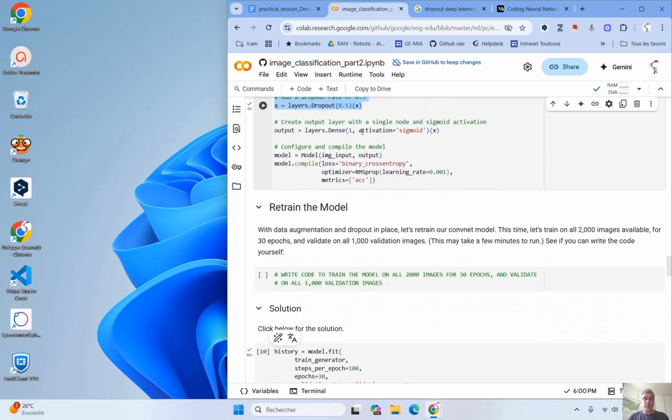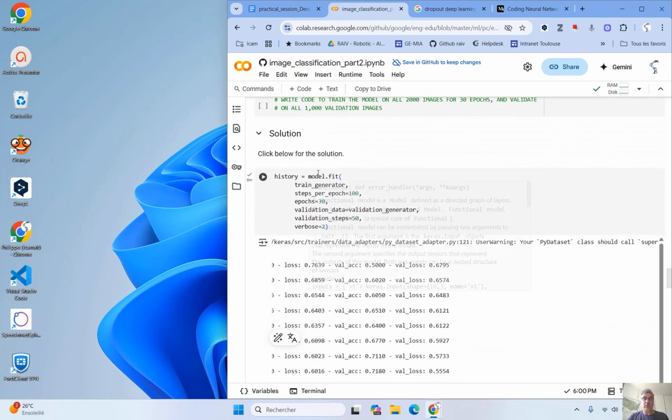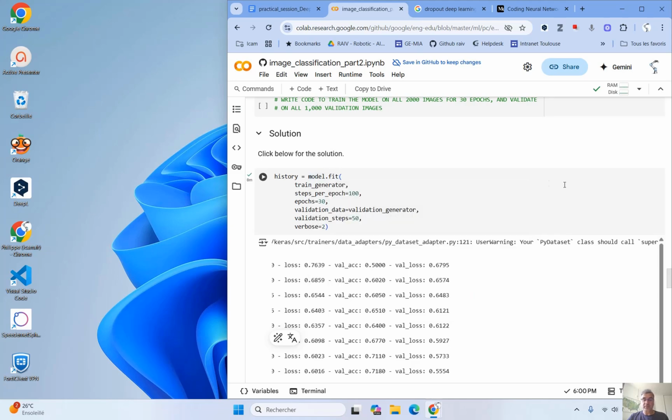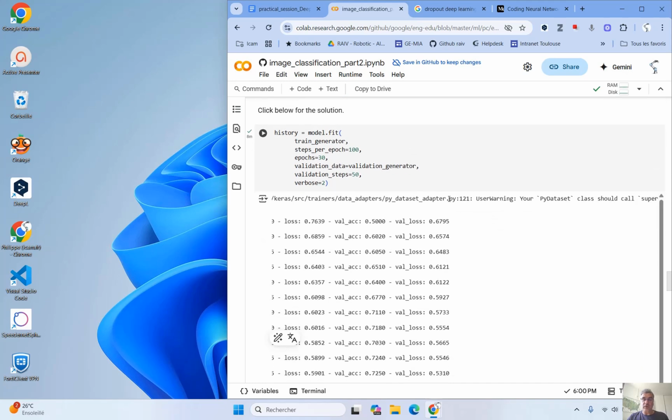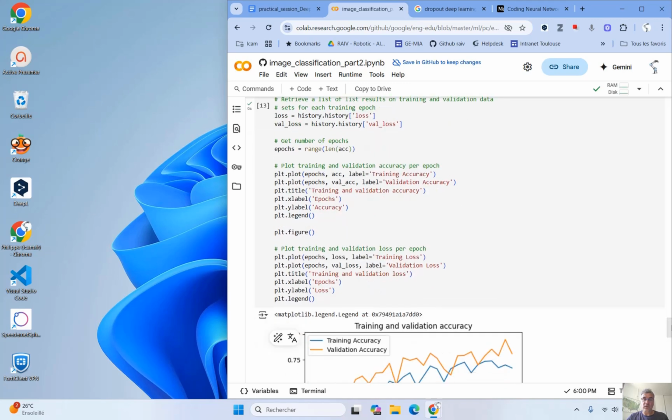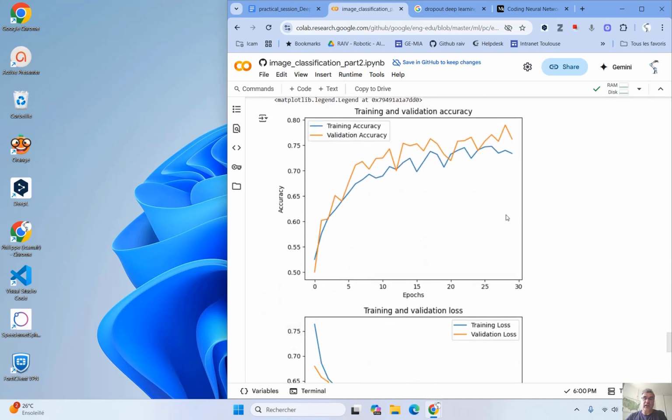So if we do both modifications and retrain the model, we will have this data during the training, but it's clearer if we see the corresponding plot. Here we see that the training accuracy is increasing and the validation accuracy is increasing too.